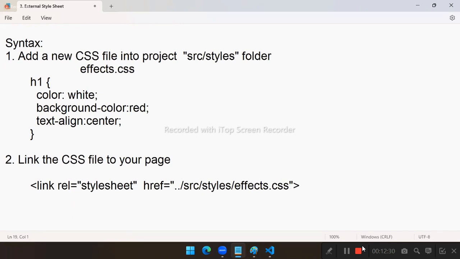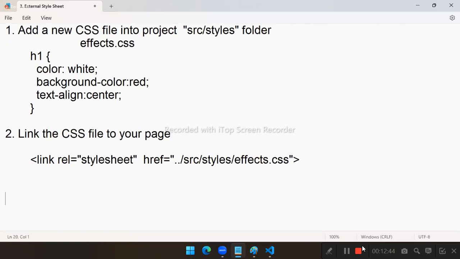So you create a separate CSS file, put all the CSS code in that, and you just link it to your page. What is good about this technique, the major advantage, is you can reuse. So you can link this style sheet anywhere and you can use the effects. But we have a drawback also. The drawback is